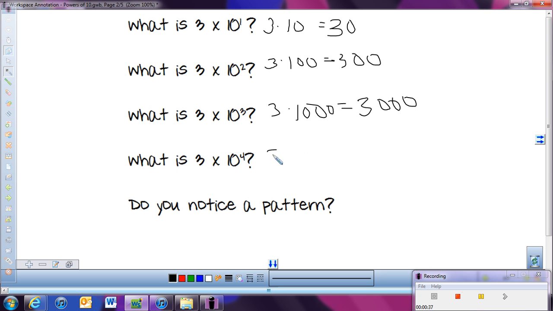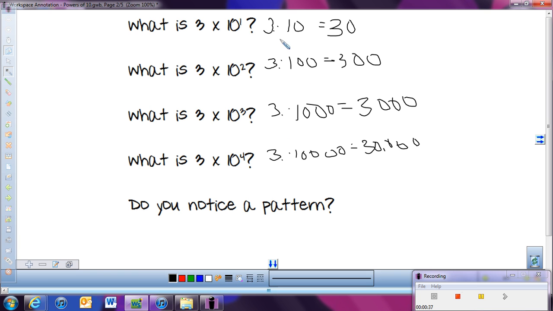And here we have 3 times 10,000, which is 30,000. So you notice in this problem that the number of zeros are still matching up with their exponents. That is part of the pattern that we notice, but that's not going to happen every time we multiply by a power of 10. But something else that I do notice is that if I were to put in a decimal point right after these 3, because that's where it invisibly is, even though it's not written,